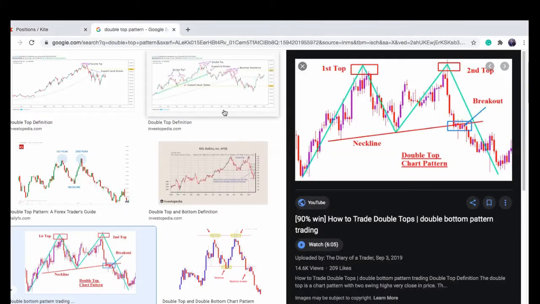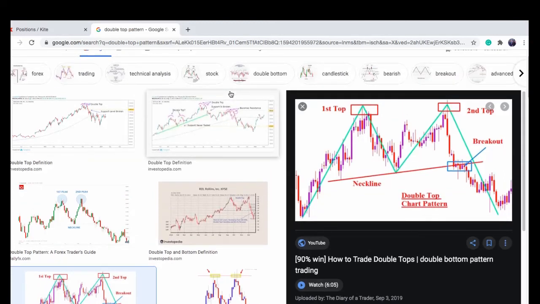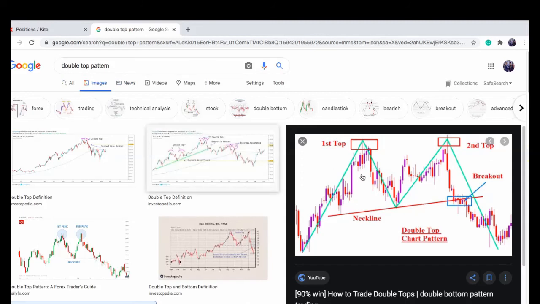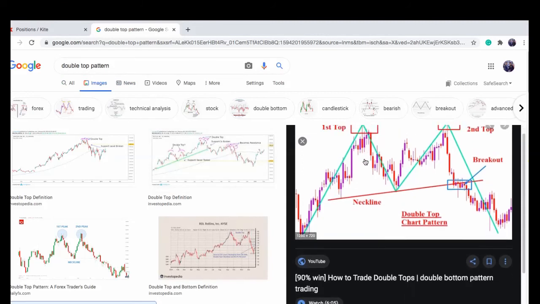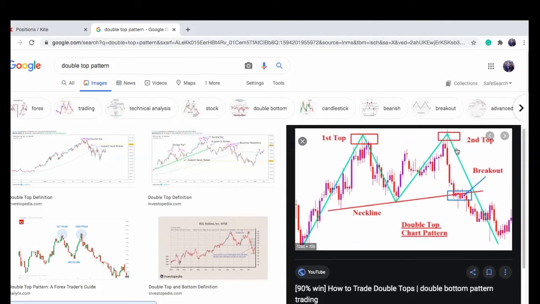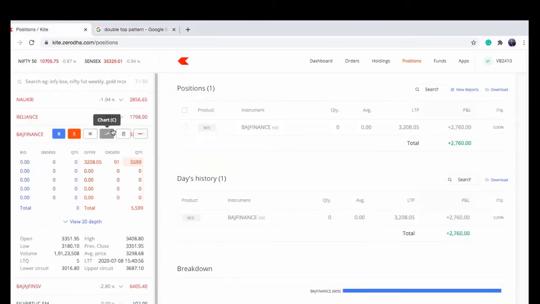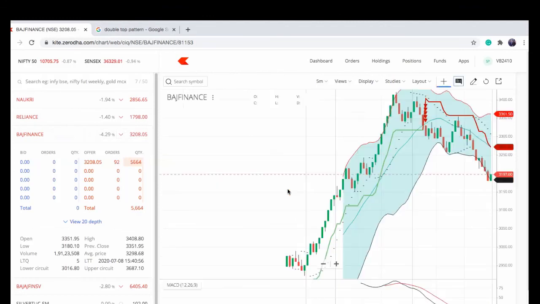So the main thing which I want to teach you is basically the double top pattern in a trading setup. So identify the price, the peak, see the neckline. Ideally the breakout should be at around these particular prices. We initiated slightly down just to be 100% sure. Okay, I hope you understood that with the same pattern.